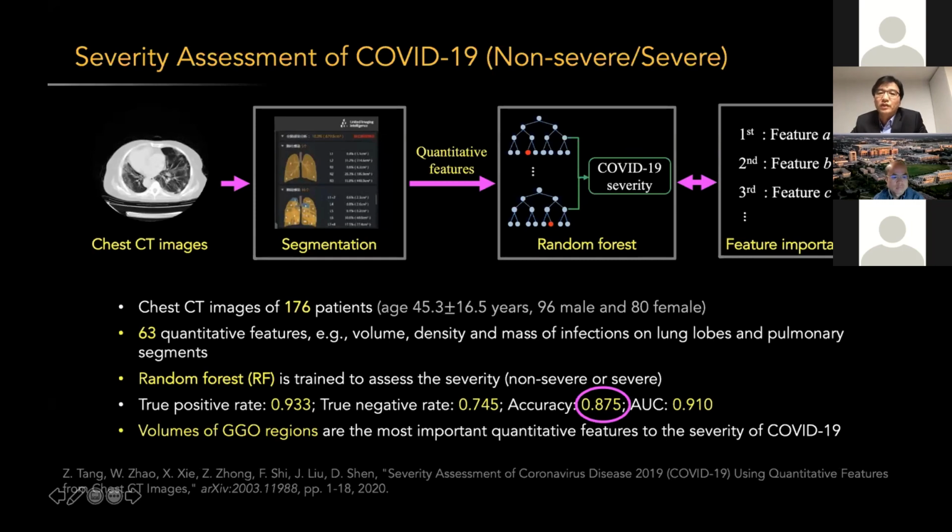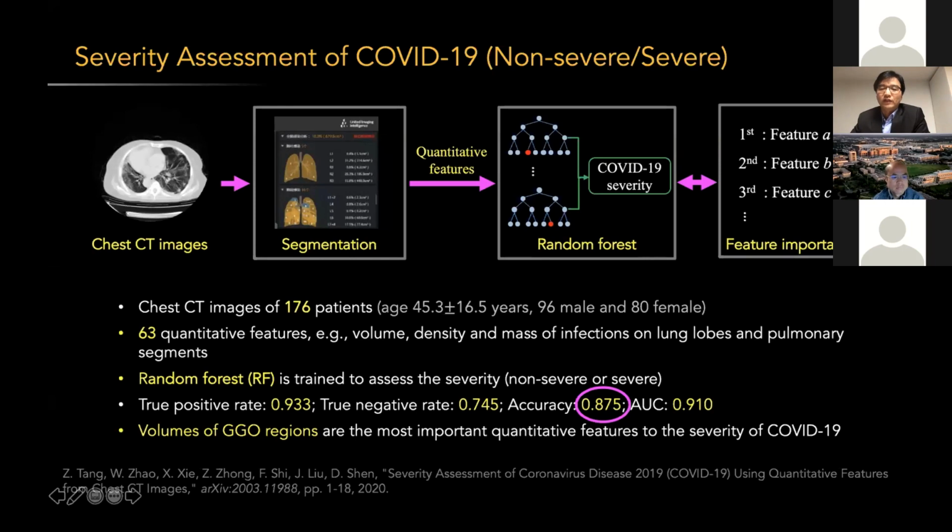So the features related to infection, we will select for the top nodes, including the root node and the second layer of nodes. In the random forest, usually, even for the root node, you randomly select the features and then try to separate into left path and right path. Then in the COVID-19 case, because you have the applied knowledge, you can incorporate this knowledge into the existing algorithm, for example, random forest, and then you can achieve relatively good performance to classify between mild